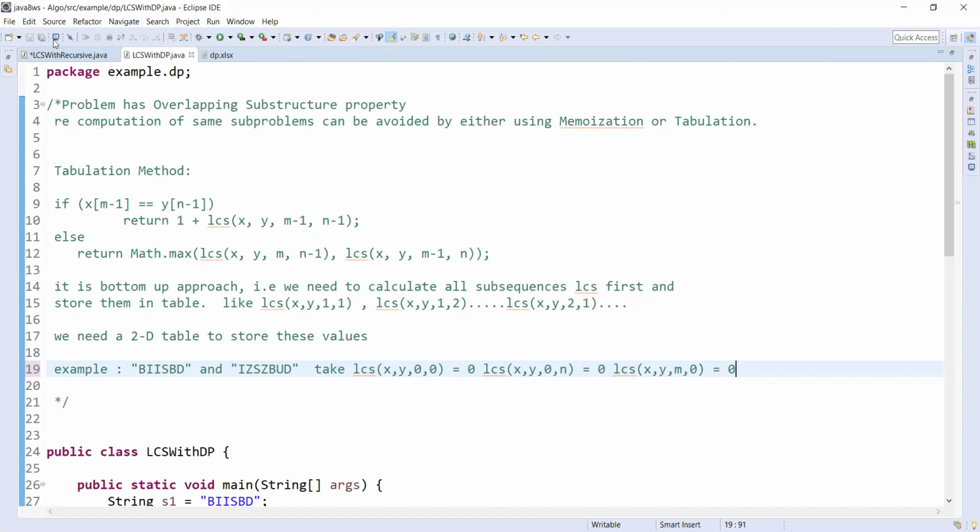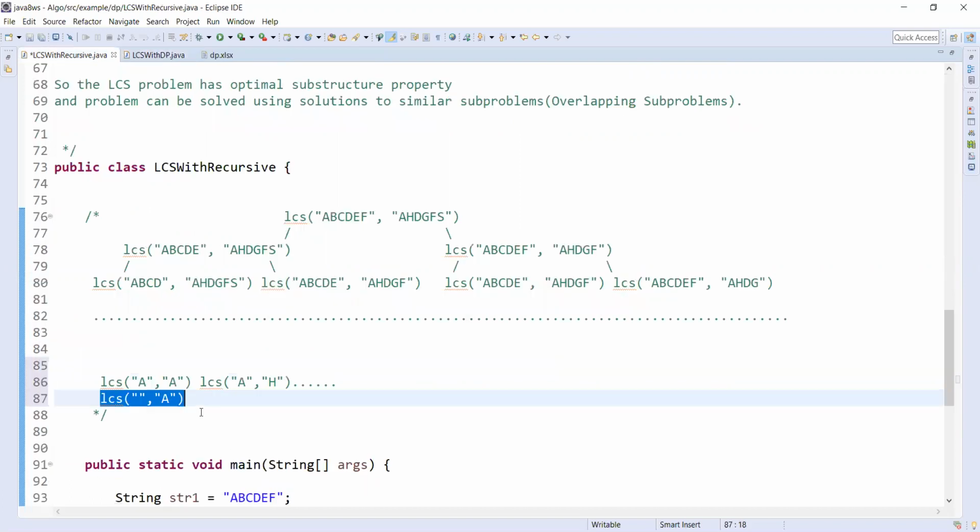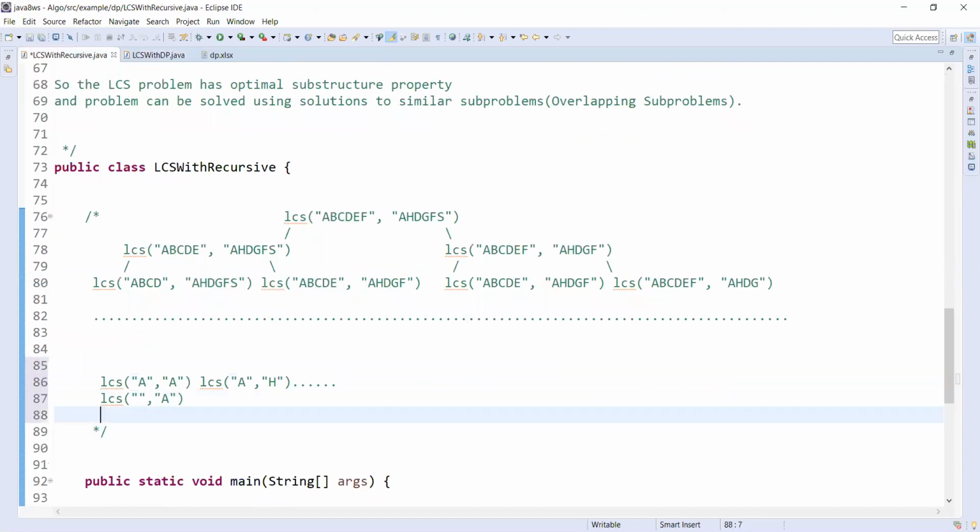So LCS of empty and A, H, D, F, G, S, whatever it is, the common subsequence length is 0.